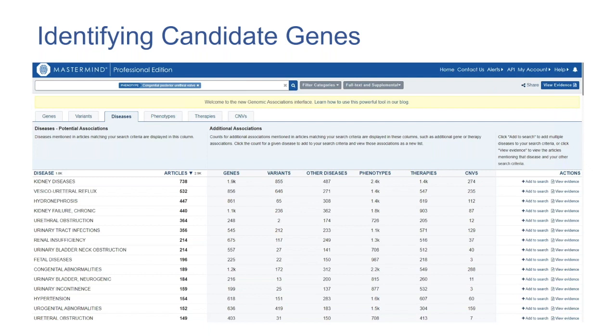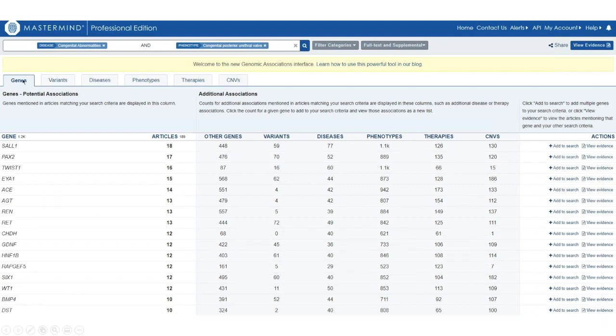So again, this is another way of taking this term and all the associated articles involved, and then filtering it again based on different characteristics. You can see across these tabs that we can filter this based on genes and variants, diseases, phenotypes, therapies, or CNVs. The way we proceeded with this was to pick the disease as a congenital abnormality first, and then secondly, we can click into the genes tab,